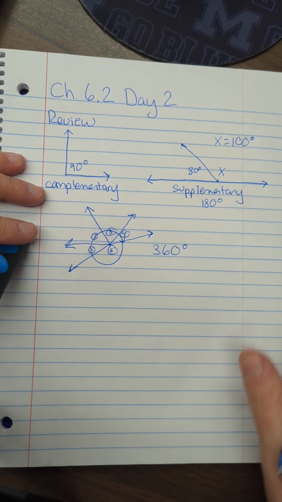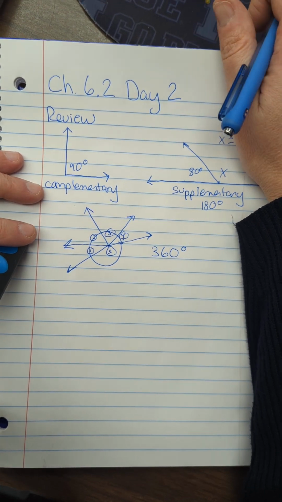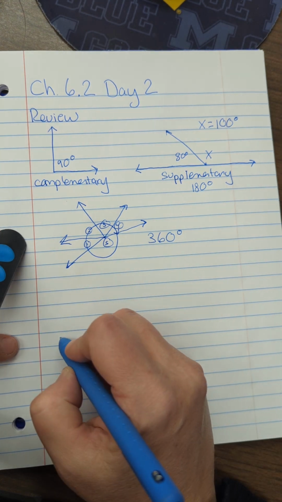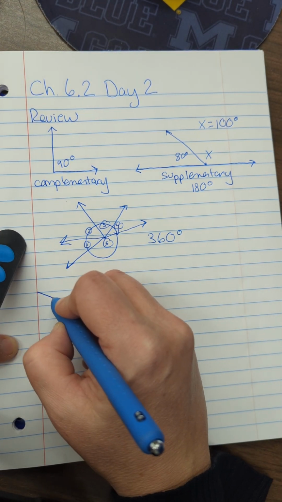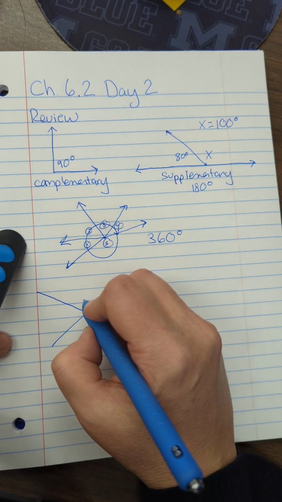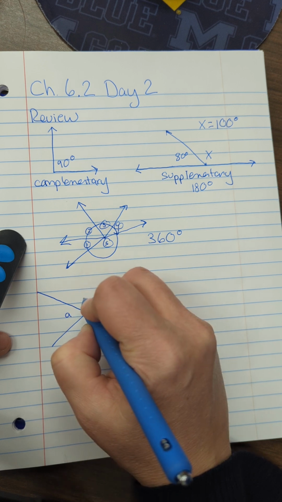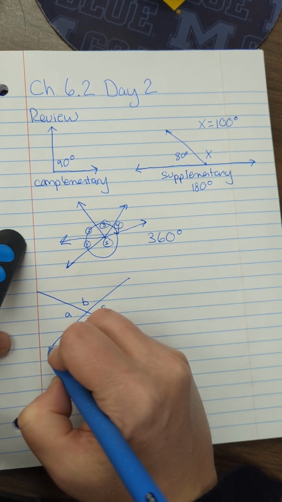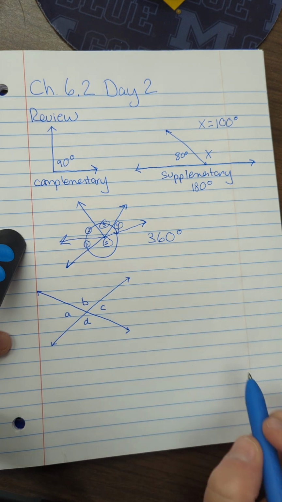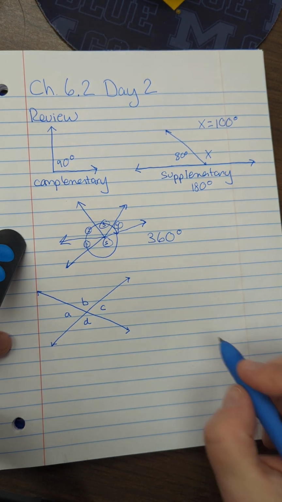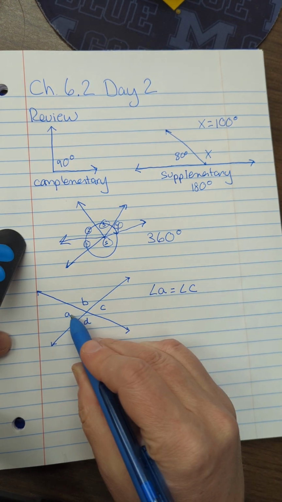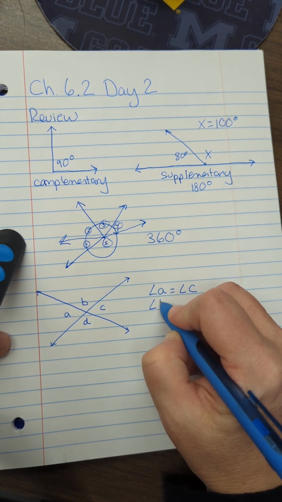Now, today we're going to talk about vertical angles. And we kind of started talking about that yesterday, where I said to look for an X. So if I drew some angles here, created by an X, and if I said that this was angle A, B, C, and D, those are my angles. These are vertical angles. We talked yesterday how vertical angles are equal to each other. So I could say that angle A equals angle C,